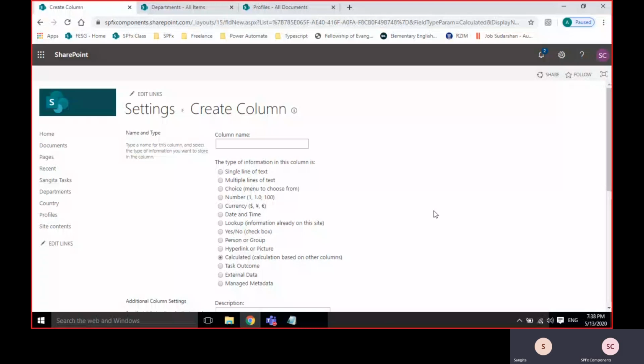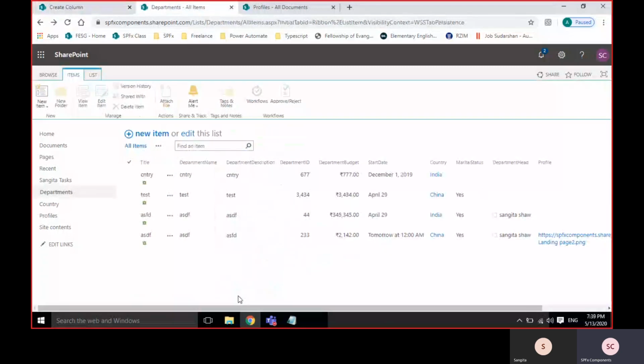Then we go for the calculated part. Sometimes, for example here, we may need to calculate some data. Say I have the budget, a monthly budget, and I want to see the yearly budget.